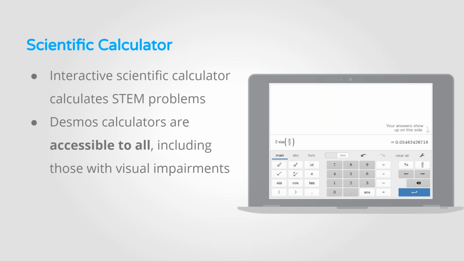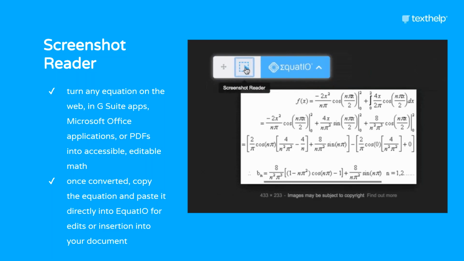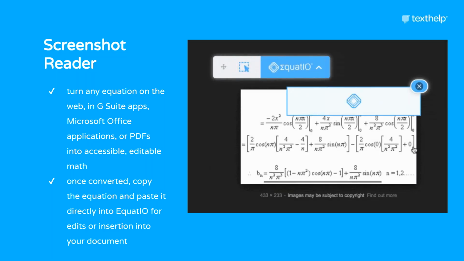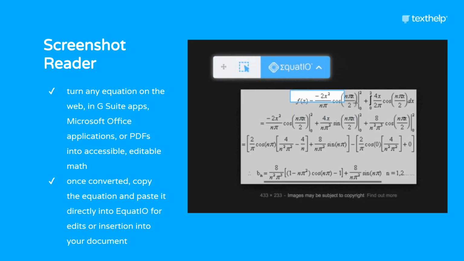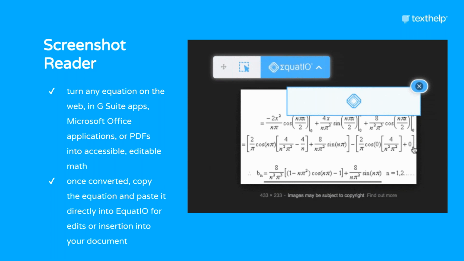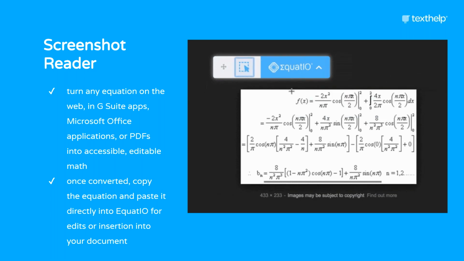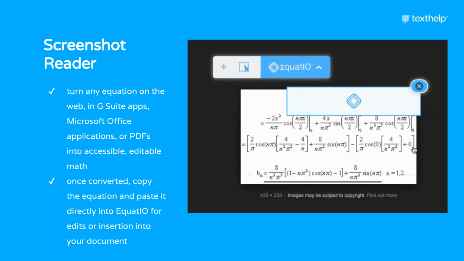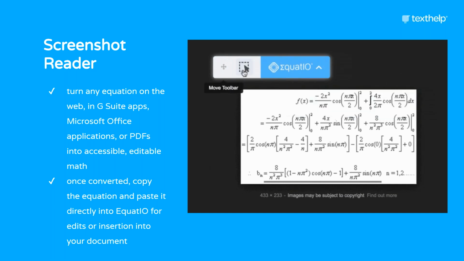This scientific calculator was built in, as well as another feature. One of the ones I'm going to start showing you today is our screenshot reader, which is key for disability resource offices. Much like the screenshot reader within Read Write, it is going to OCR math on the fly and then read that math content out loud to students, which is really a game changer.